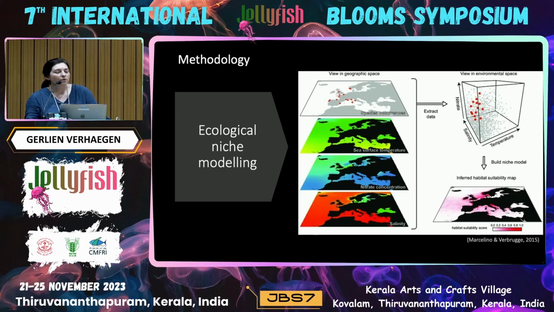So what's ecological niche modeling? This was a technique developed mostly first to study terrestrial environments. What it is: you collect some presence data, so latitude and longitude data of your species. You combine it with environmental maps that you're interested in, and then a model will calculate the ecological niche of your species, so which temperatures they prefer, and then we can project it again on the maps to find locations where there's a high probability to find your species.